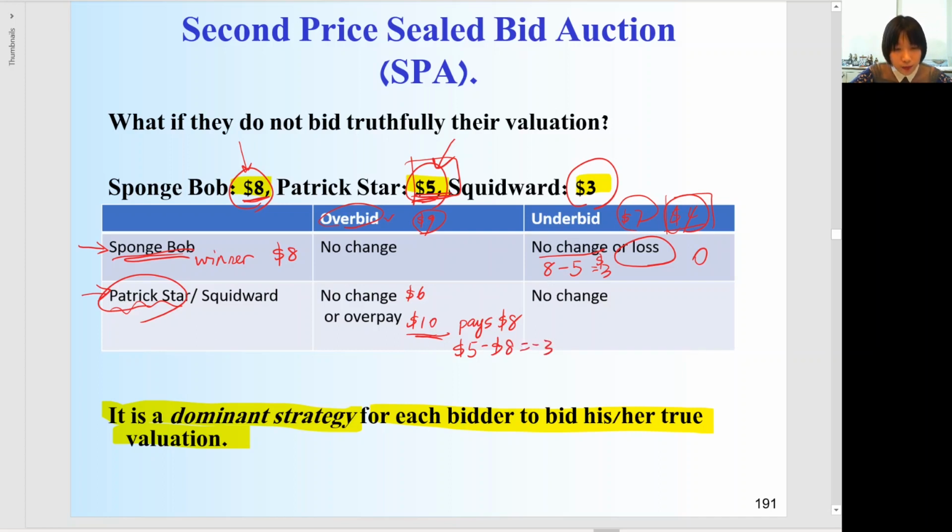It's a loss for him. So Patrick Star has no incentive to overbid. What about underbid? Then he will not affect the result because he's already not the highest bidder. If he lowers it even more, he will still not be the winner. So in this case, nothing will change.